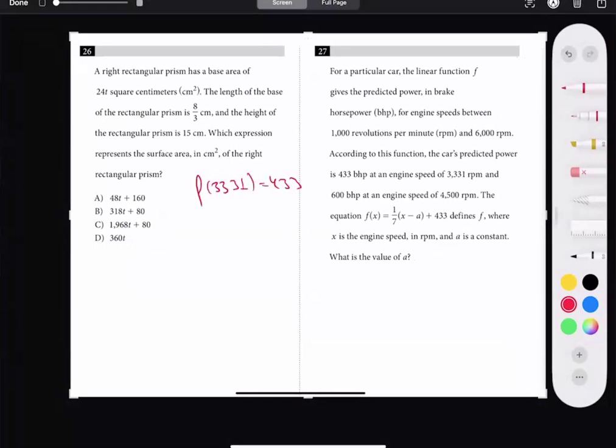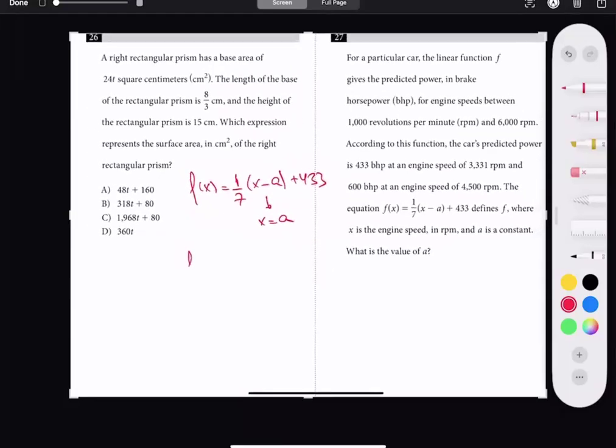Is that what you said? Yeah. Okay. So the function is f of x is equal to 1 over 7 times x minus a, plus 433. Do you agree? Did you notice that when x is equal to a,